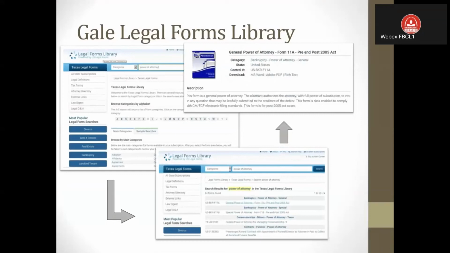It's also got a lot of general U.S. forms like this one, General Power of Attorney, that you can download in Word or PDF or what have you, that you can start editing on the computer. So that makes things really easy. It does have a dictionary as well. So if there's specific legal terms that you're looking at home that you want a legal definition for, you've got access to it there. It also has a browse section over various topics. Again, this is mostly civil, probably 95% civil. There may be a few criminal forms on there, but it's going to be predominantly civil forms, whether they're general or specific to a particular action.